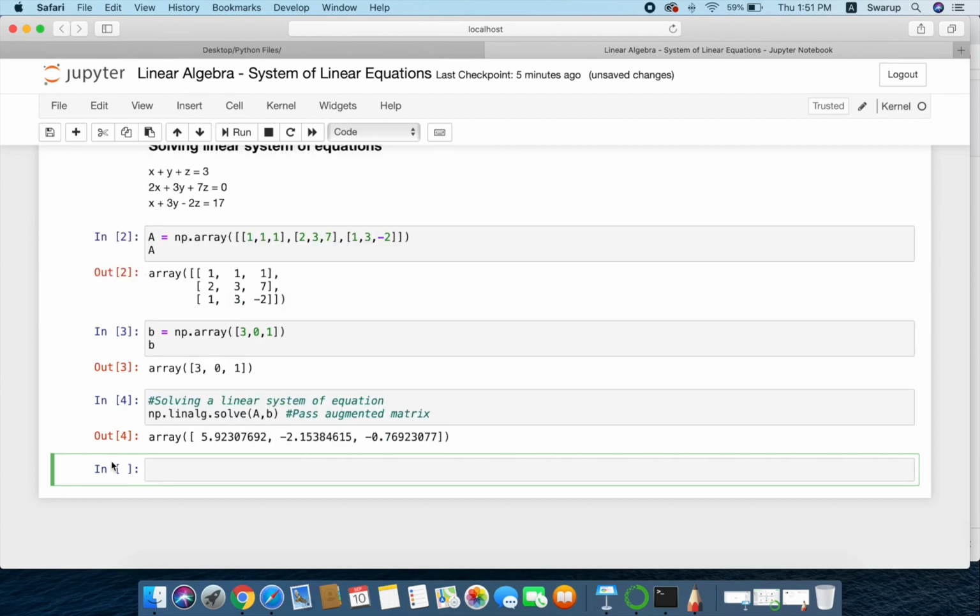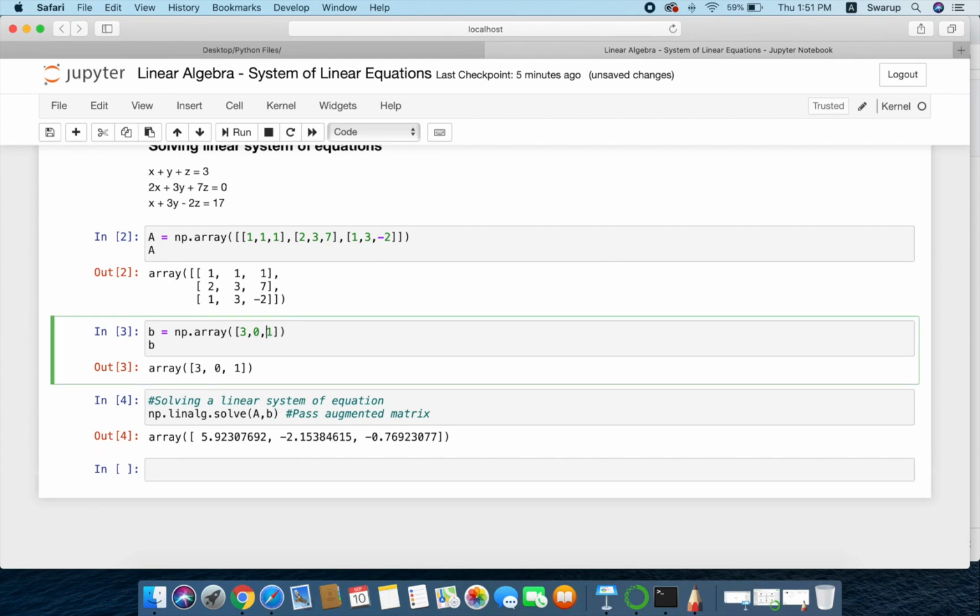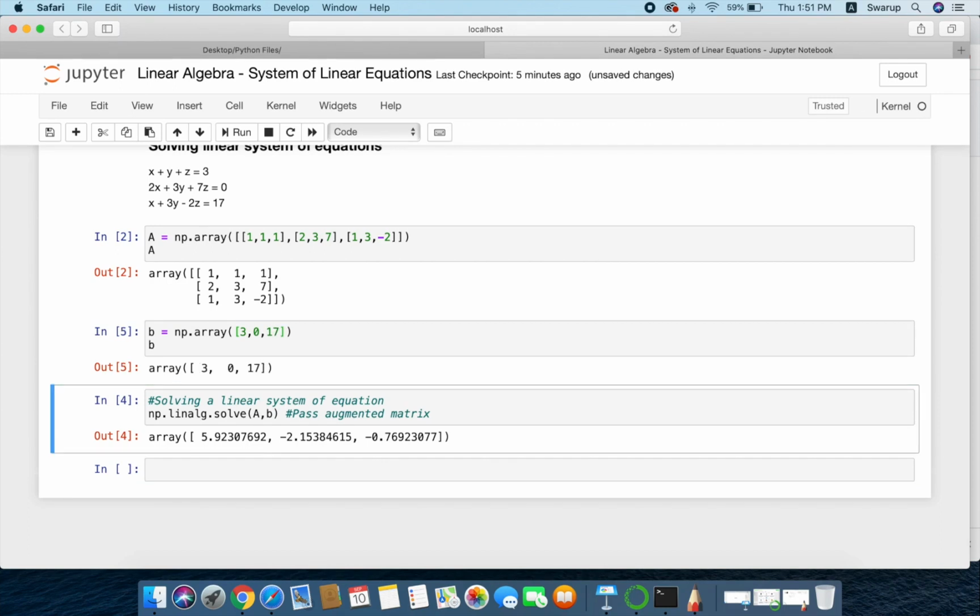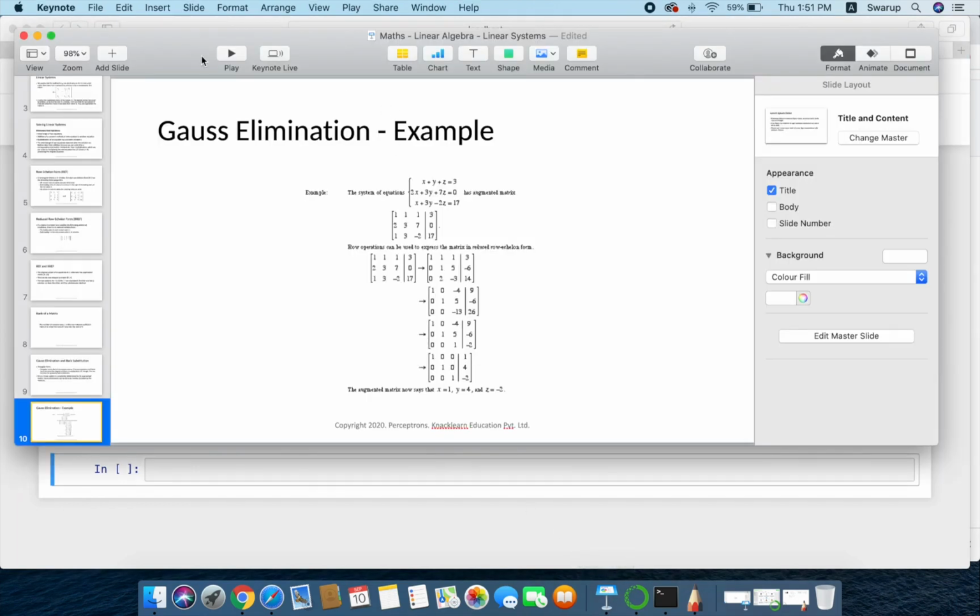Okay, so you pass the augmented matrix here and it will solve and find what the values are. So it gives us values as, just a second, I think here I have made a mistake, 3 0 17 it was. Okay, so now it has given us values as 1, 4 and minus 2. So x is 1, y is 4 and z is minus 2. So let us see with the actual equation.